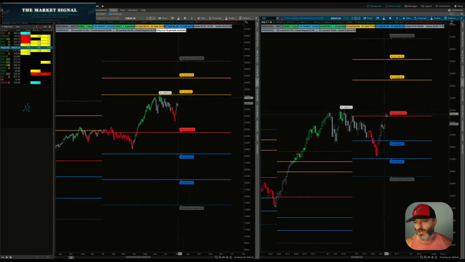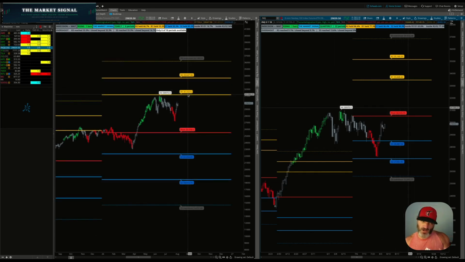Resistance, 30,505, 75 until proven otherwise. We get up there and break it and hold it, we look higher. And these two targets aren't far off. 33,647 versus 33,448 would be your first upside target if we can break above this pivot and hold it, okay? We break above this pivot, you start looking target to target. You've got about 500 points. As long as you break above this, it's off to the races, okay?